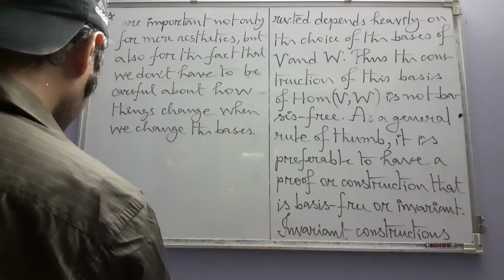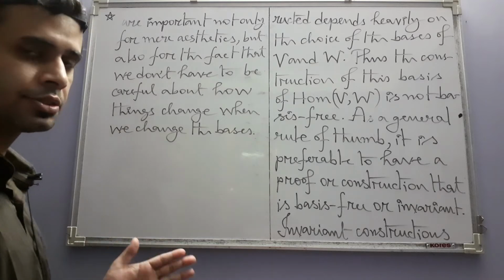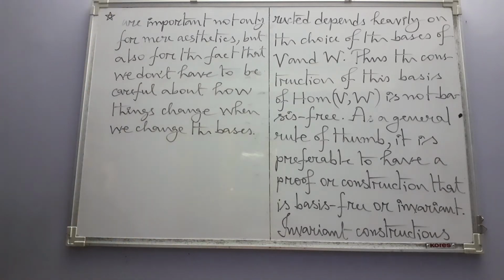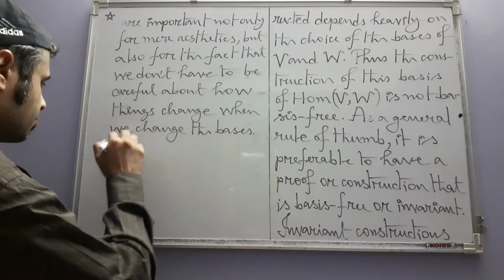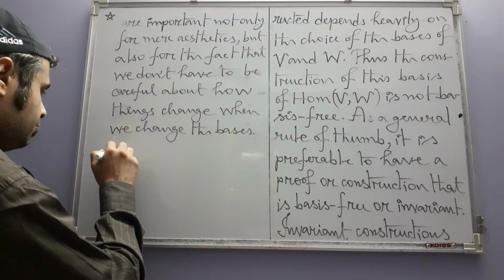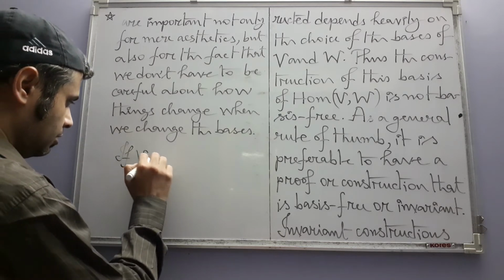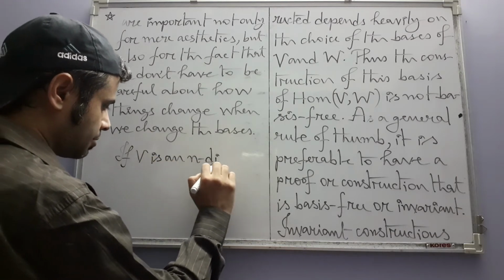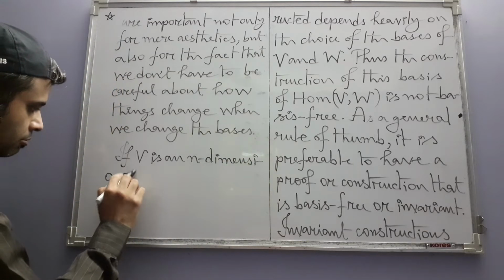Now that we have a dual basis for any given basis of a finite dimensional vector space, let us see a consequence of that. If V is an n-dimensional vector space